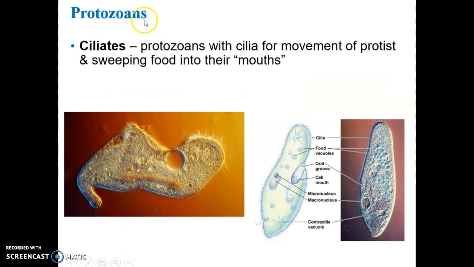So continuing with our protozoans, there are ciliated protozoans. These are protists that have short extensions called cilia. The really long extensions are flagella, but just like the flagella, the cilia have extensions of the cytoskeleton, and they allow the protist to move, like paramecium can zip through the water, or the cilia will beat and move,